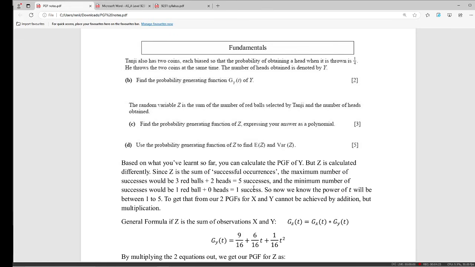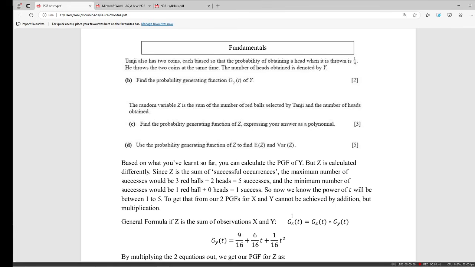So now we know that the power of t will be between 1 and 5 as shown, and that would be really simple. To get a t to the power of 5, we can't do any operation except multiply the two PGFs. And so our formula is derived. Gz(t)